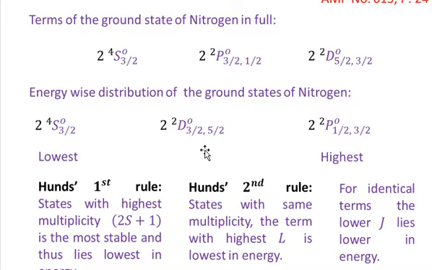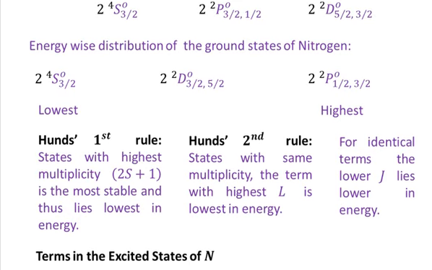Now I have also written their total quantum numbers in increasing order. So the term with quantum number 3/2 is smaller in energy than the term with D 5/2. Similarly, the term with P 1/2 is smaller in energy than the term with 3/2. So you see that I have distributed them energy-wise also. And these are the three states which I have written in full in energy-wise distribution